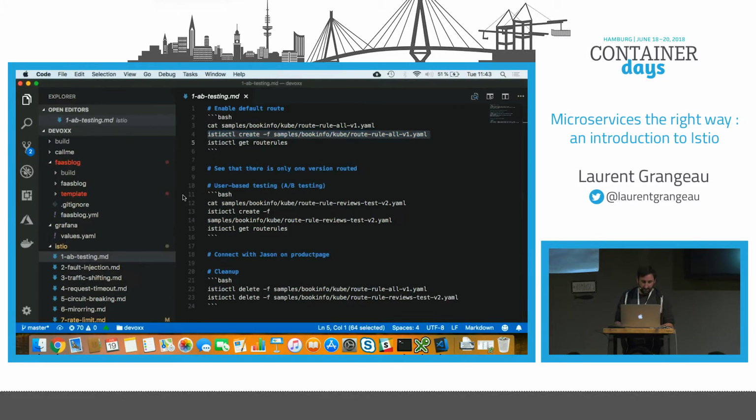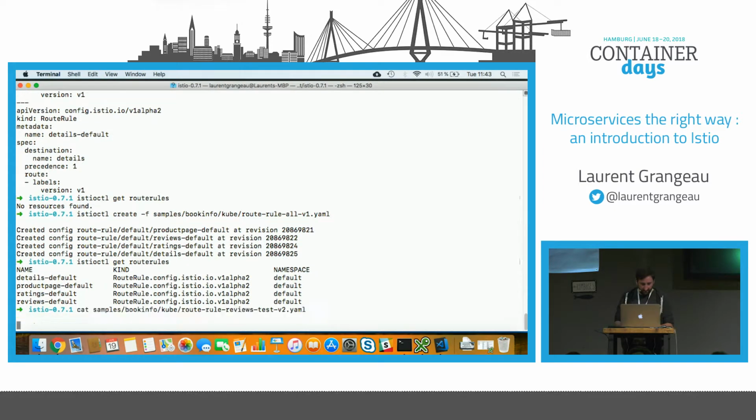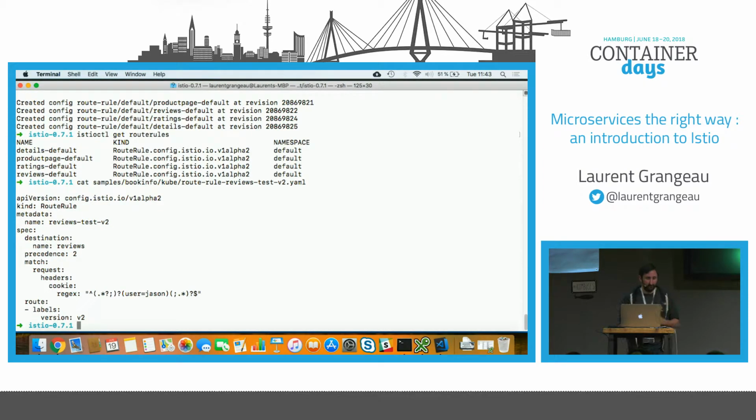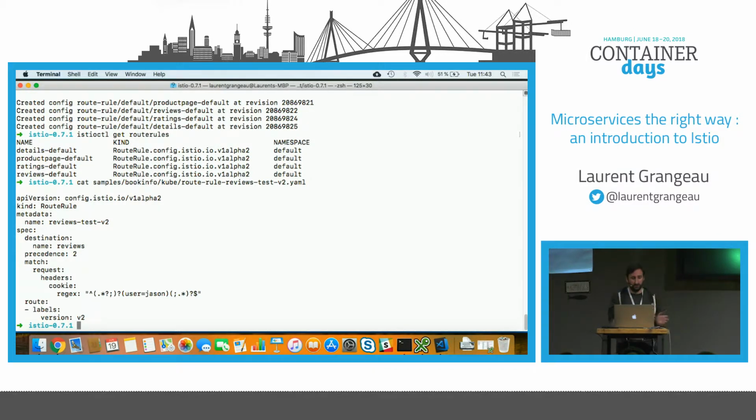So now, let's go to some A/B testing. I will define, sorry, for some user, the user is named Jason. Based on the cookie he has, I will route him to version 2. This is defined with the destination.